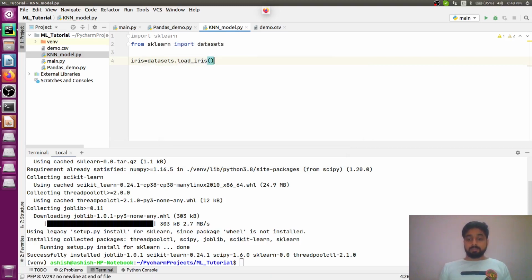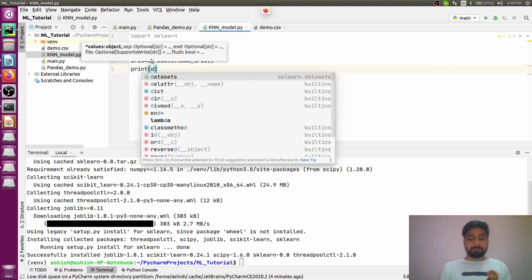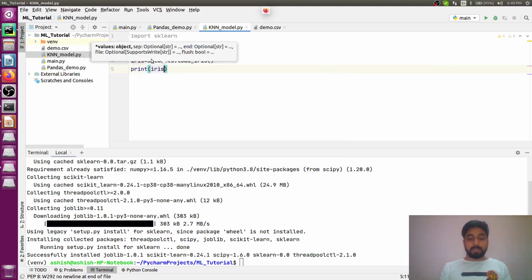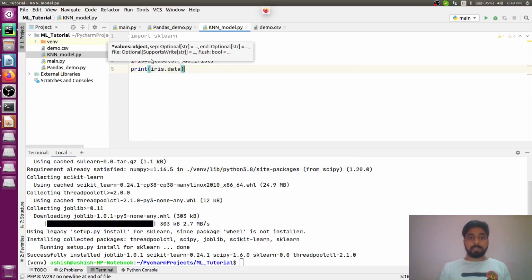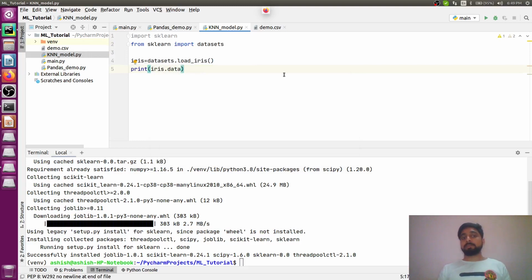Now press enter. Now let me just show you. Print iris dot data. So this is what I am having right now. Let me run this program and see what the output will be in this case. So let me run it now.